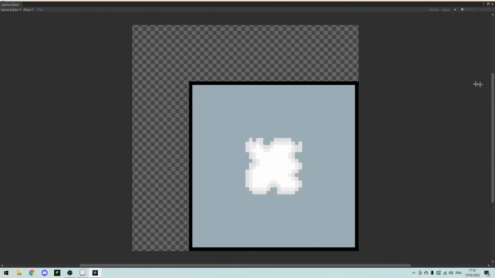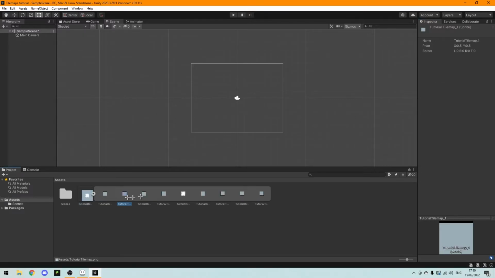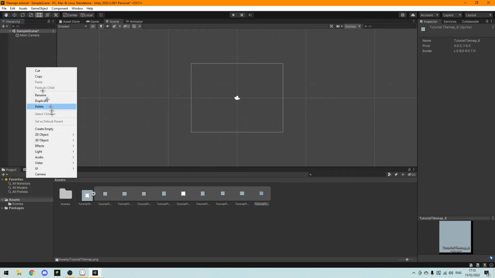Now click apply, go into your sprite editor, slice, grid by cell size 16 by 16, and then you can see it sliced each different tile. Click apply, and now you can see we have all of our different tiles, and you can simply have your tile map,